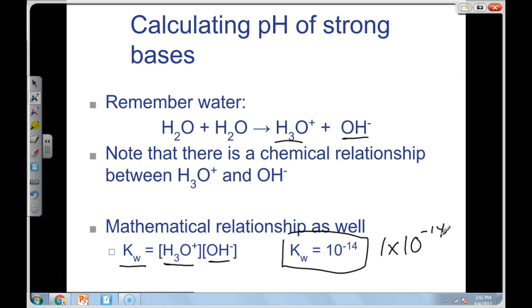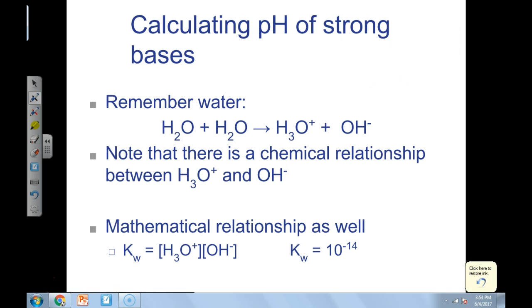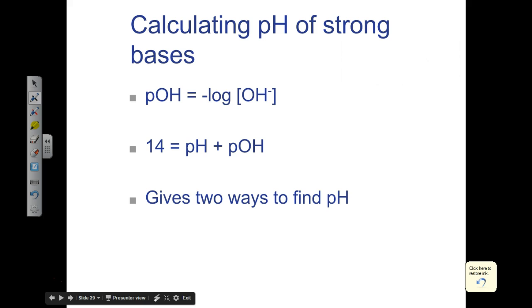But Kw is a constant. It will always be 10 to the minus 14. I've never seen a problem in my life where Kw was something different. So that's that. Now, the other thing to note is that just like pH is the negative log of the hydronium